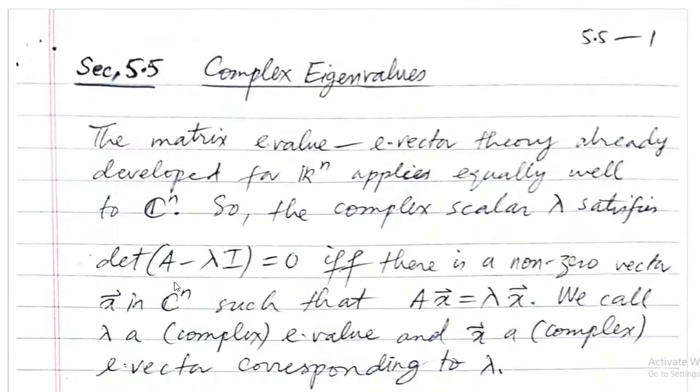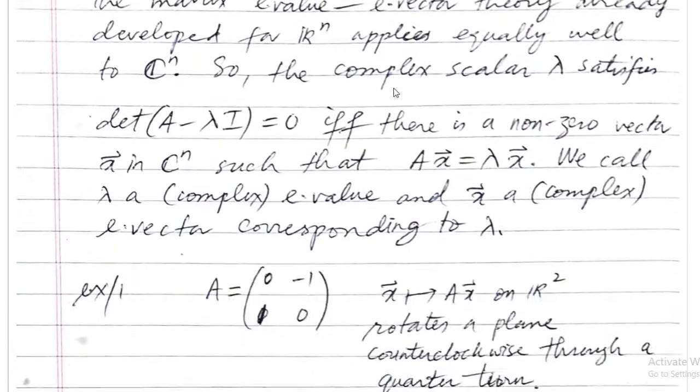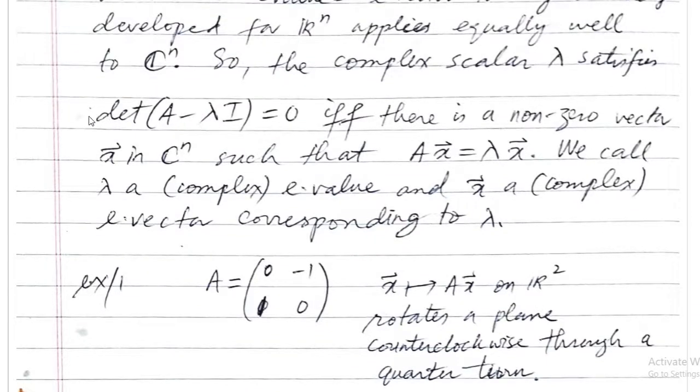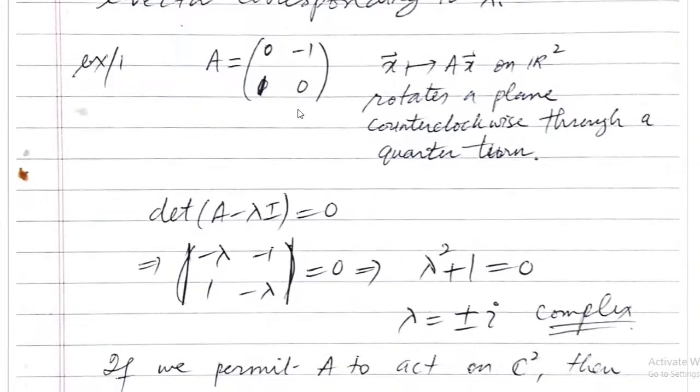Sometimes your eigenvalues and eigenvectors come out to be complex, but no problem. If they come out to be complex, it's not an issue, right? But for complex eigenvectors, we need the theory of complex numbers. So before going through section 5.5, I will give you some theory of complex numbers, and then you can read this section on your own. It's the same thing. You have to solve the same equation, A minus lambda I equal to 0, but this becomes a complex number.